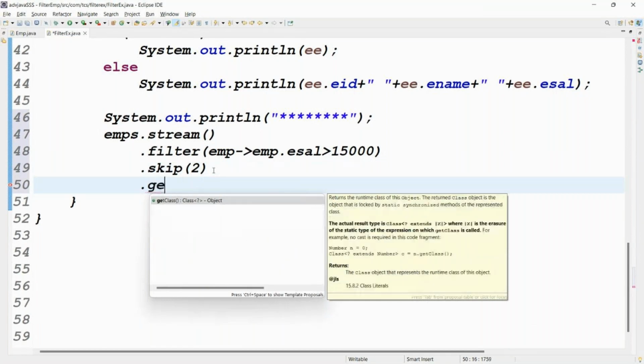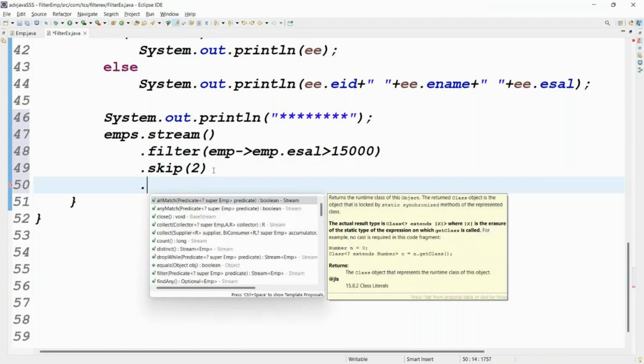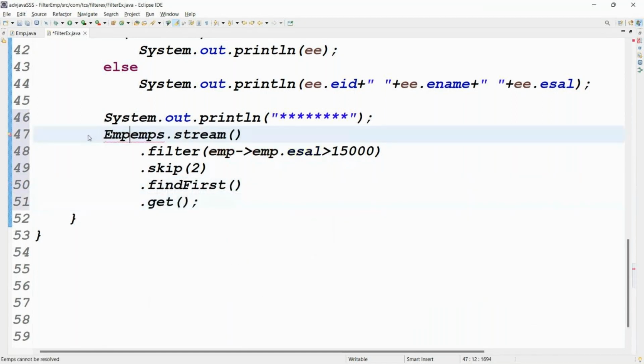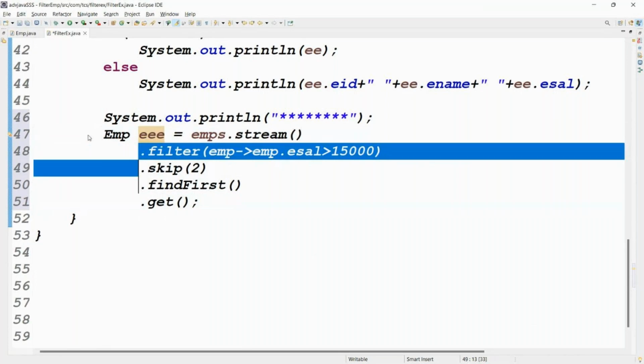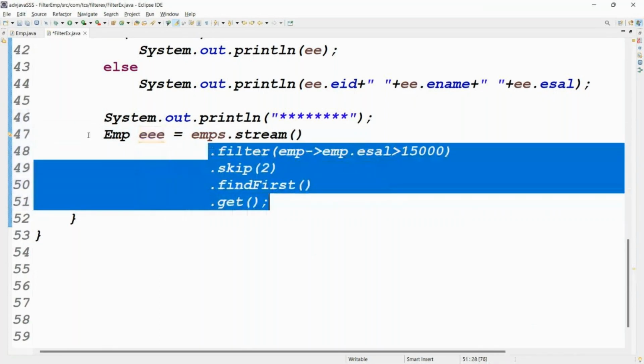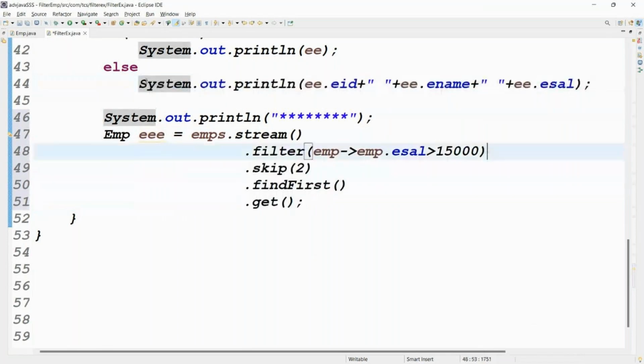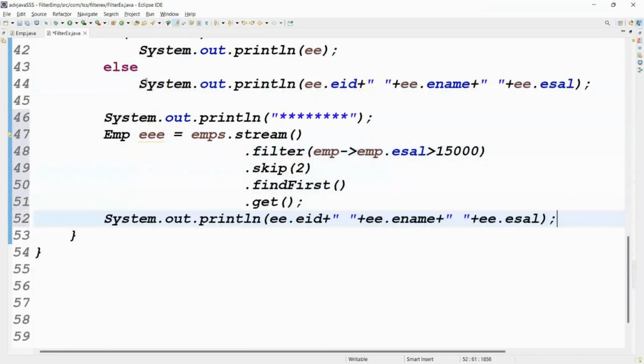After skipping, find first dot get method. It's on EMP, something like E. Yes, I'll make it the triple E. What's the problem in that? You got the point, right? That is the data, guys. Okay, simply you can run this code. Just you can make the data. Okay, this is like E dot